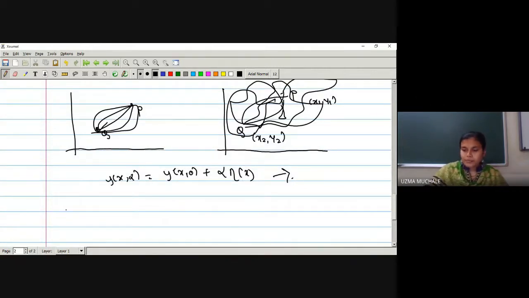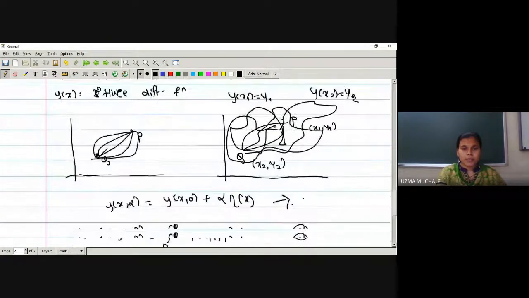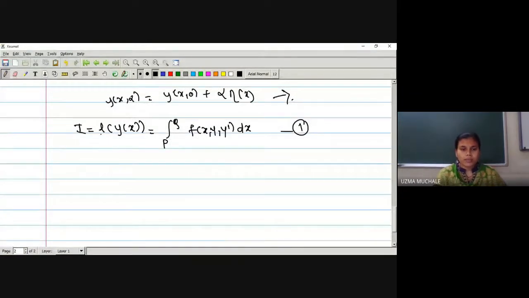Okay, so we have one integration value given to us. The value of integration is nothing but the length of the path between the two points P and Q, which is some function of y of x we have considered. From point P to Q, we have the function f, which is a function of x, y, and y dash. So this is the value of integration we have been provided. Okay, this is given, no. This is nothing but the distance between the points P and Q, or the length of the path between the points P and Q, which is given by the value of the integration.